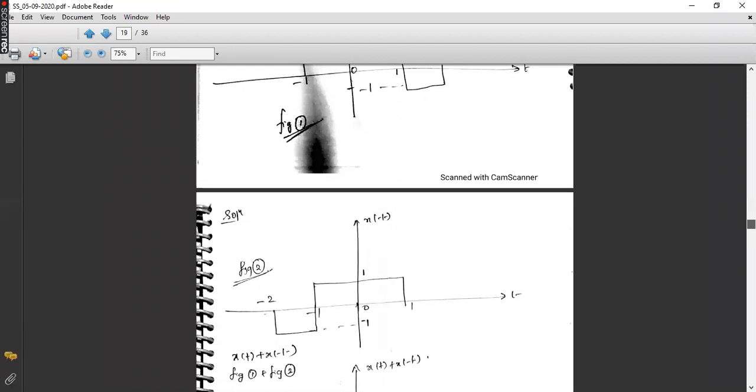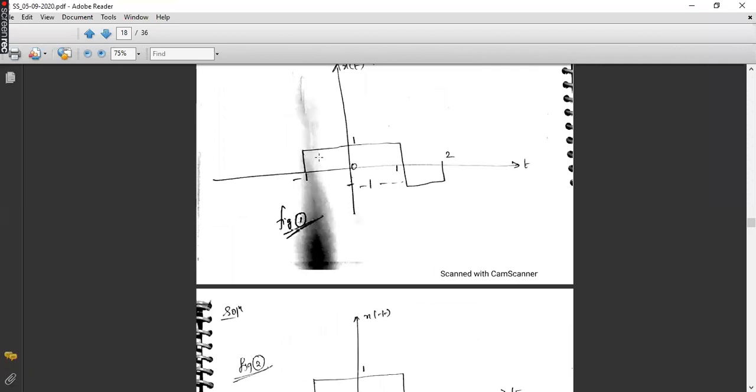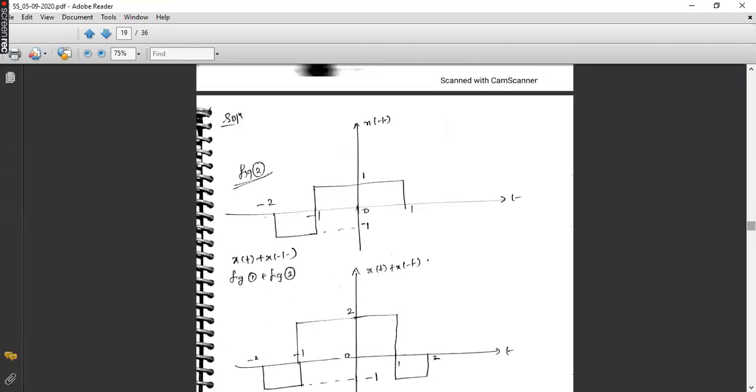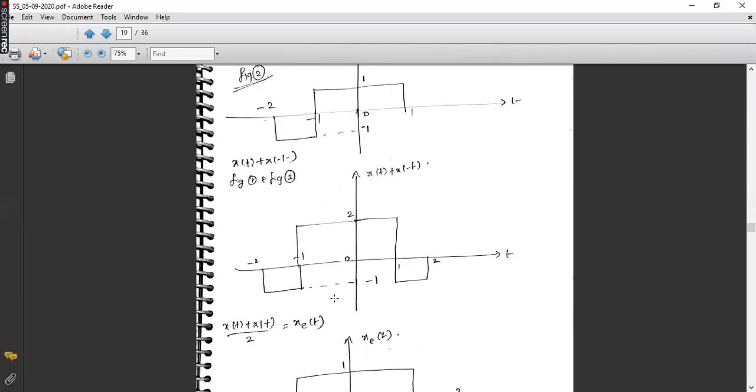So first we will come from the extreme left, starting from -2. Here you don't have anything at -2. Okay, when you consider x of t, you don't have any signal from -2 to -1. Do you have any signal over here? No. So it can be treated as 0. Okay, so 0 plus, coming to the next figure, you have -1 here. During the time interval -2 to -1, you are having -1. So 0 plus -1 is -1. So that is being plotted during the time interval -2 to -1.